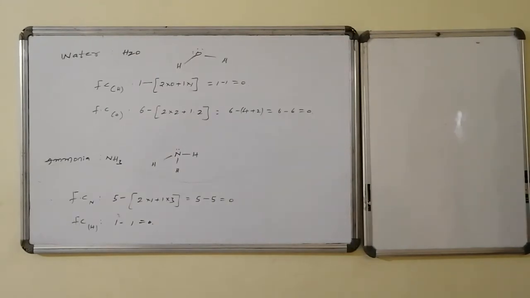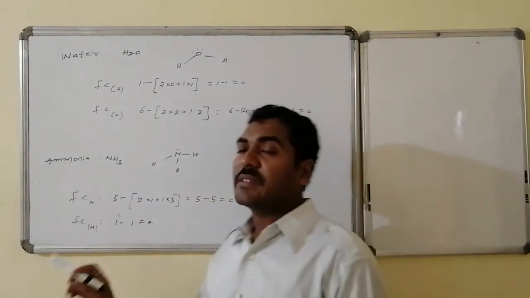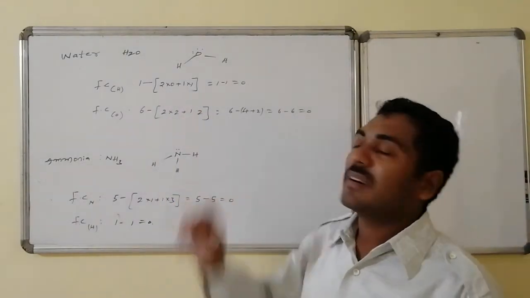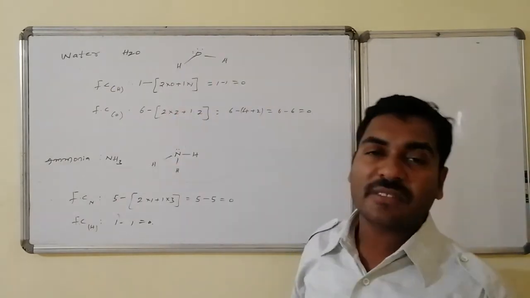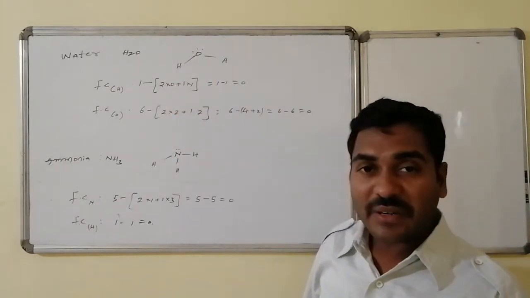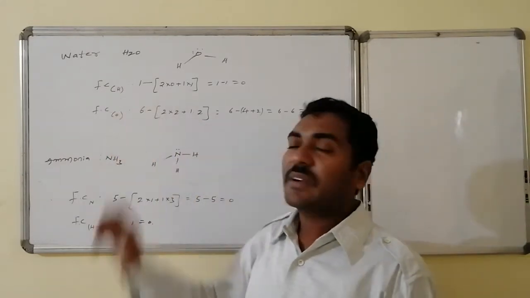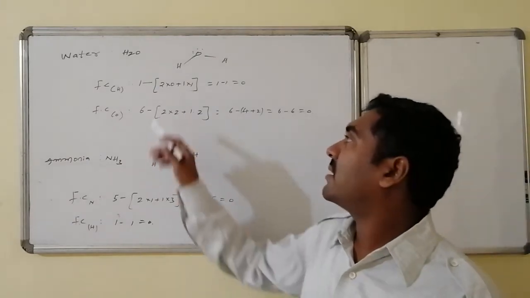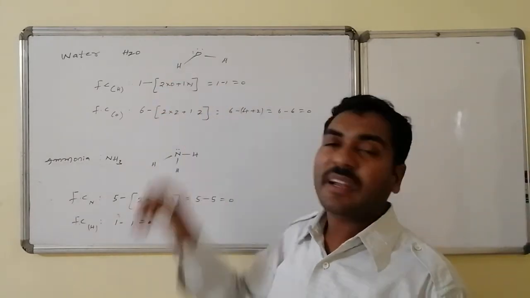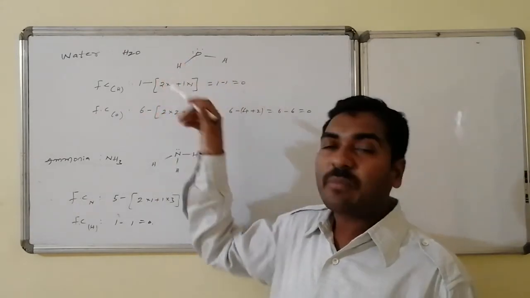Yes, calculation of formal charge for the atoms of elements present in the water molecule as well as the ammonia molecule. Water, H2O: the structure of water is oxygen connected with two hydrogens. Hydrogen is connected with oxygen by a single bond, and oxygen is connected with the hydrogens by two single bonds, having two lone pairs. Now the formal charge of hydrogen can be given by group number of hydrogen, which is 1, minus twice the number of lone pairs present on hydrogen, 0, and the number of bond pairs, only one bond is there,